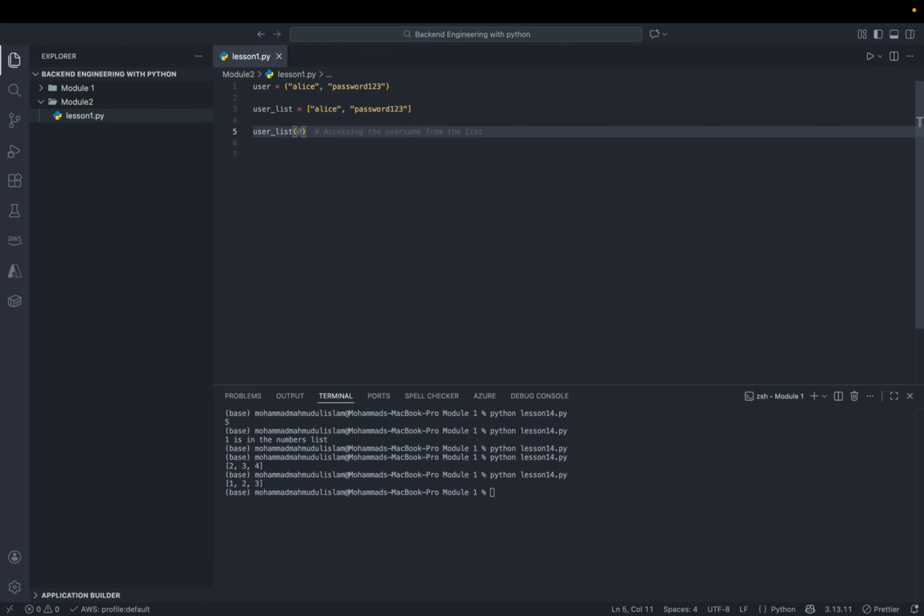If I want to change the zero index value to Bob, now you see it's changing the username Alice to Bob. And now if I print this user list, you can see,